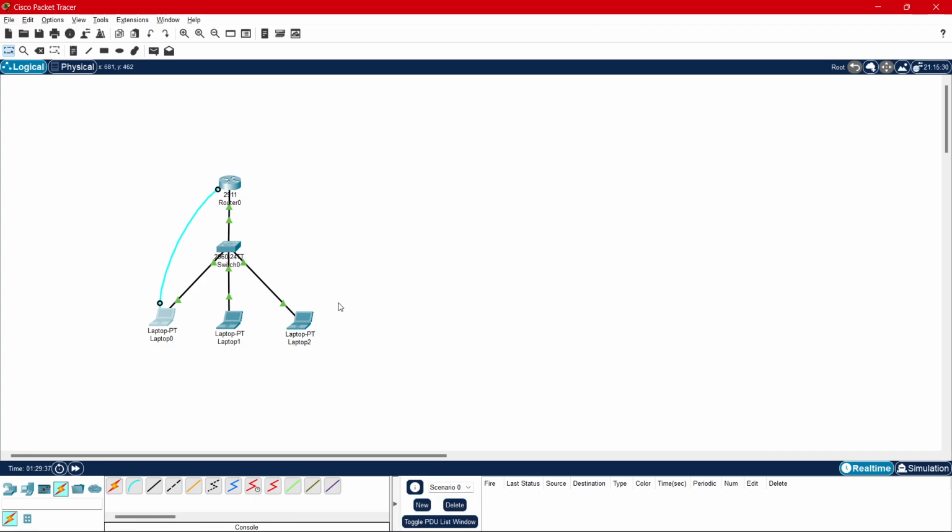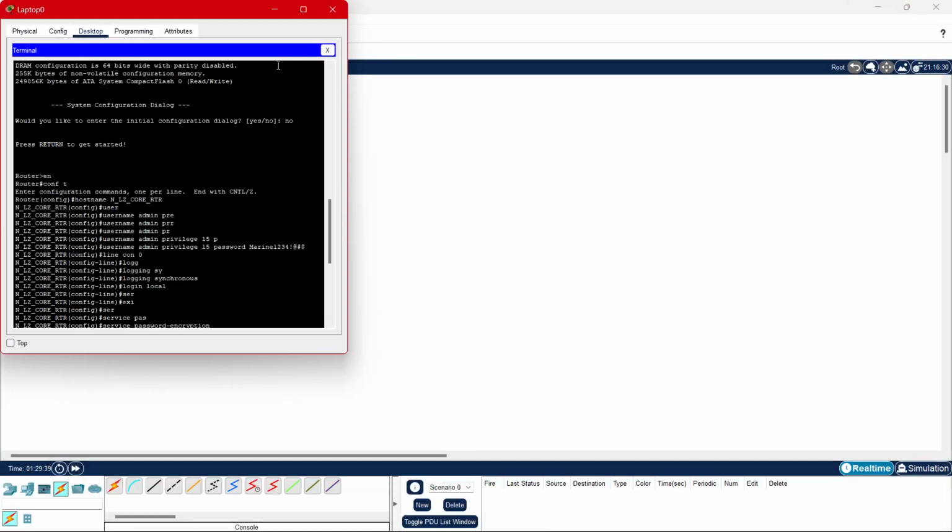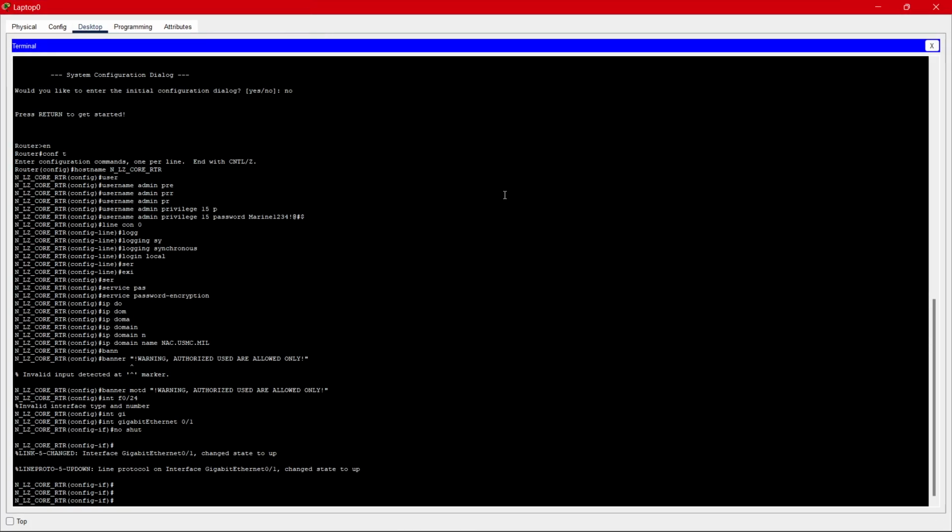Now, one of the final things that we're going to do before I wrap all this up is we're going to assign an IP address to the router. Right now, since router on a stick is not being configured, the switch will not be completely functional. We will get into that later on in the annex. But right now, I'm going to configure the